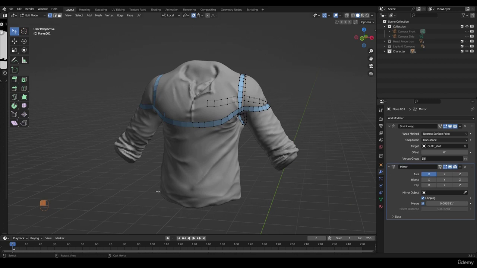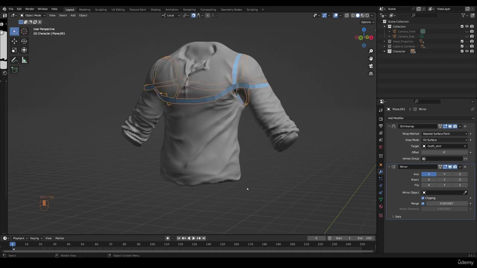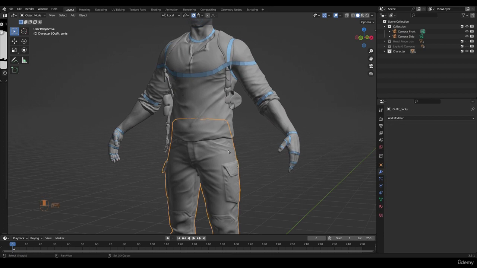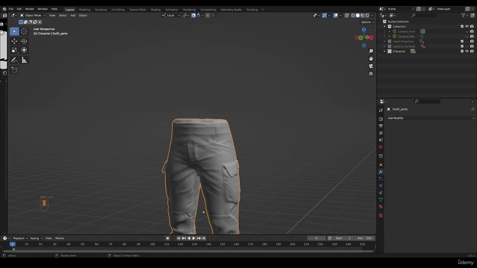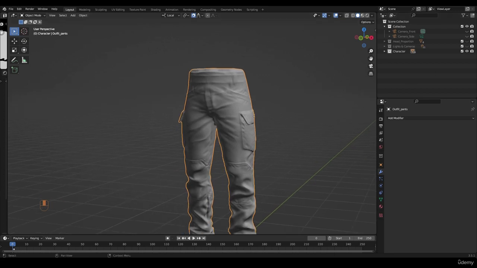All right, so let's go ahead and do the pants, the essential loops for the pants. Let's go to object mode and show everything. Let's go ahead and select the pants here, Shift H. Okay, now an important loop that we need is going to be the essential loop for the leg